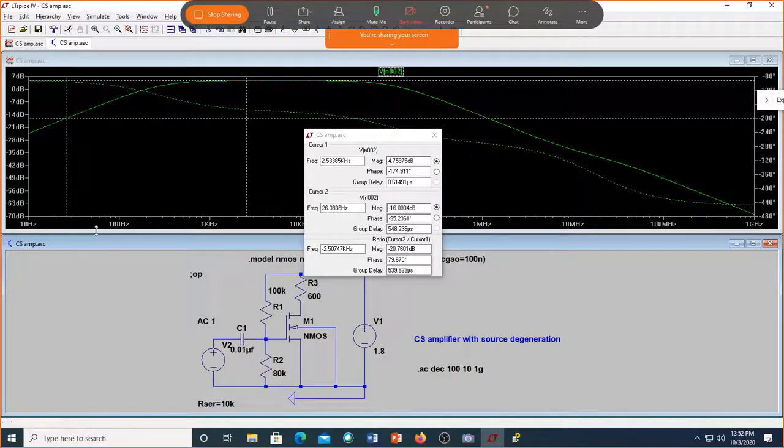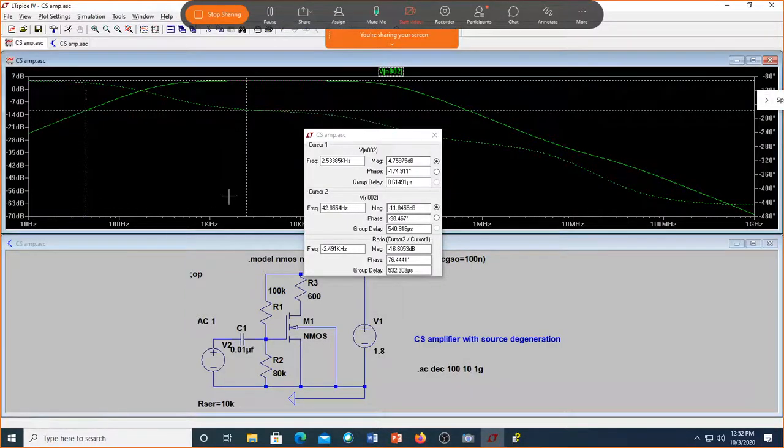What was the gain? 4.91, sir. Can you see, is the gain almost the same? Meaning this coupling capacitor will not change the gain of the amplifier at midband. This we call as midband. At frequencies neither very low nor very high, it is not modified because of changing coupling capacitance.